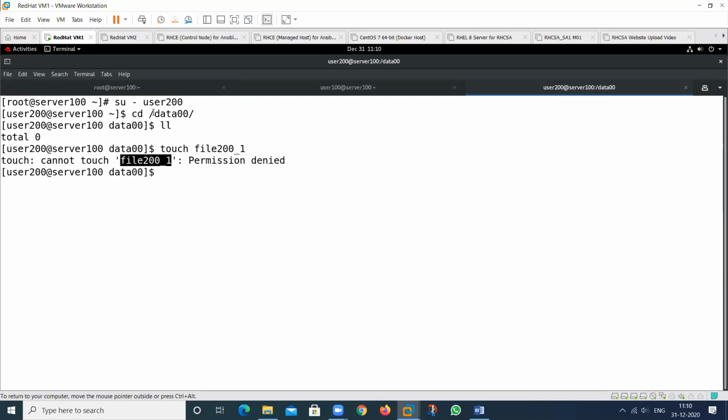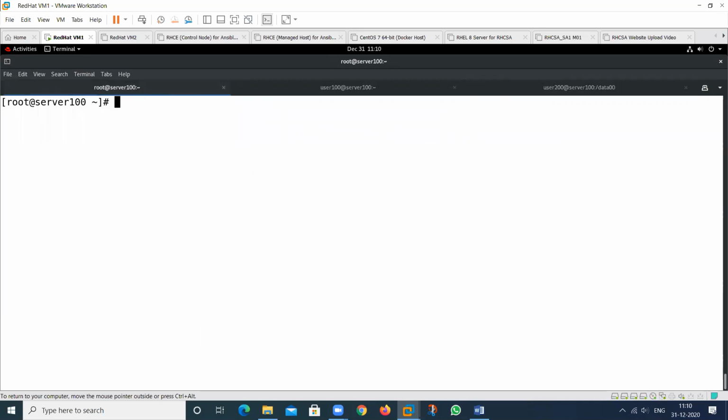Use the chmod command, then use this permission, and for the others, I do not want the permission. Then give the name of the folder.